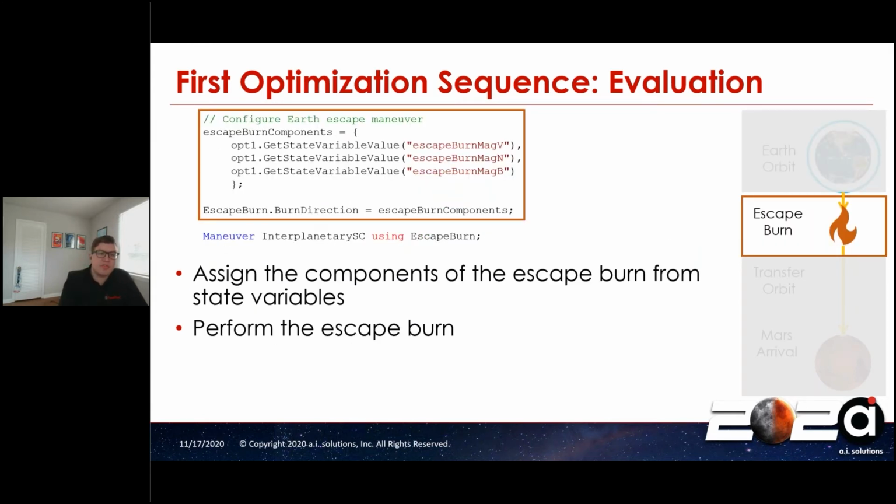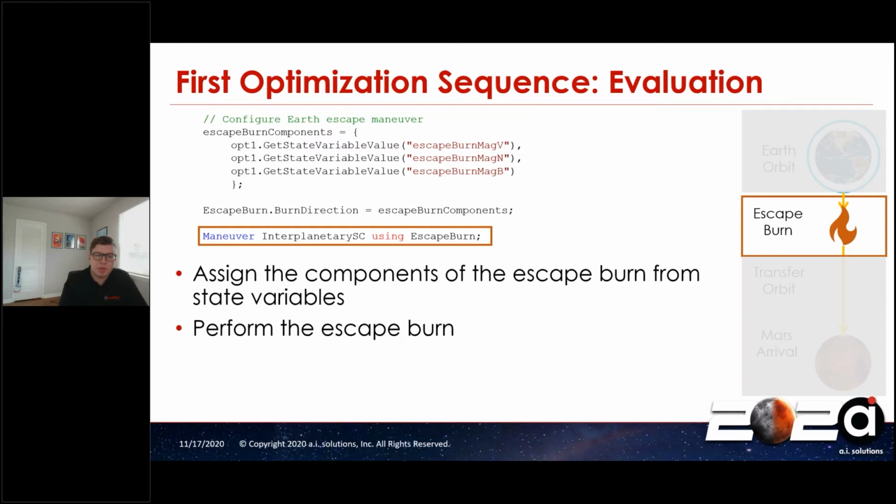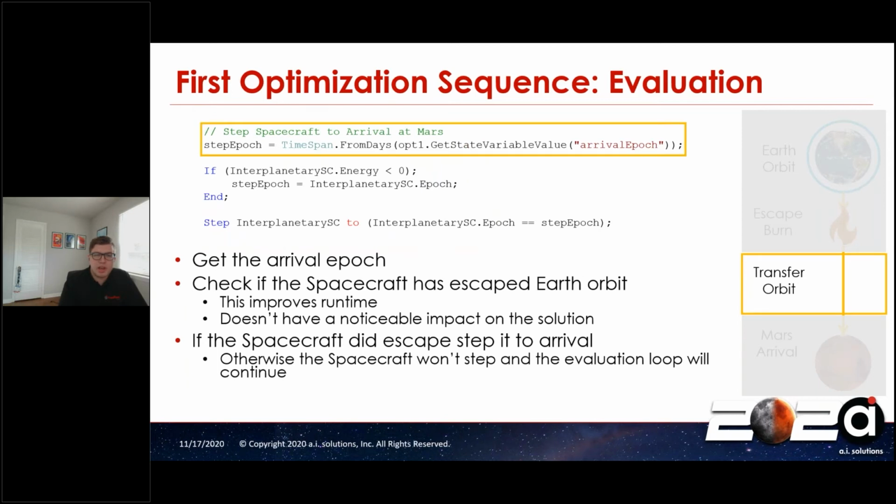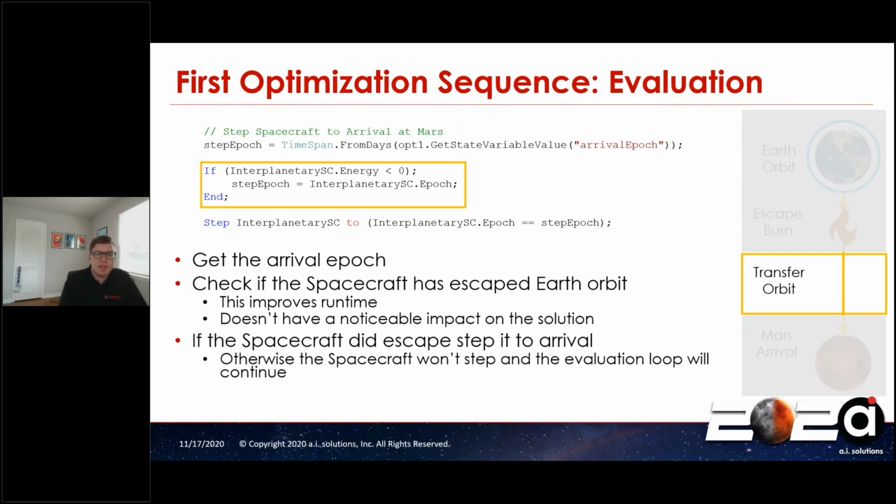After that, we're going to configure our escape maneuver. We pull all the state variables and assign them to an array, and then we assign that as the burn direction. Next, we maneuver our spacecraft using the escape burn. And then we're going to step our spacecraft to the arrival, so we get the step epoch as a time span. Now, this is one interesting thing that we did here to improve convergence behavior,